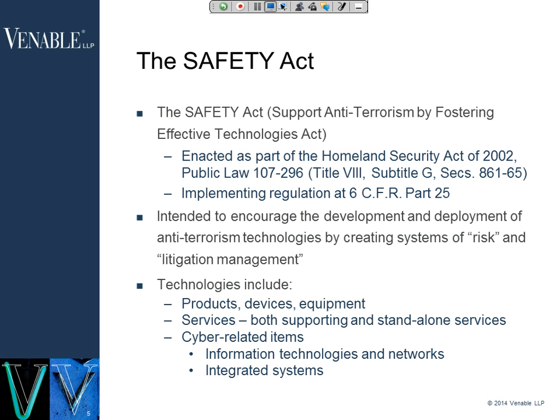But services, as Brian mentioned, is also covered by the Safety Act. And when you talk about services, the statute was originally designed to cover support services. It was only useful to have a technology brought to market if that technology is maintained, and if a company is required to maintain that technology, certainly there's associated liability if that maintenance fails for whatever reason. Well, they decided to cover support services for those technologies, but then before the act was finalized, it was extended to standalone services as well, which has carried on to guard services and certain other types of security services that you can think of. But also, as my colleague mentioned, it has now, with the